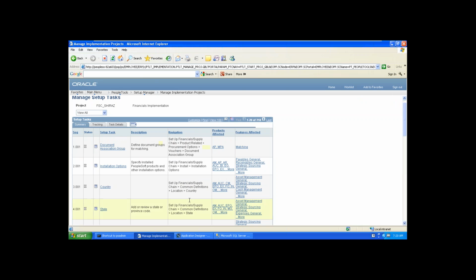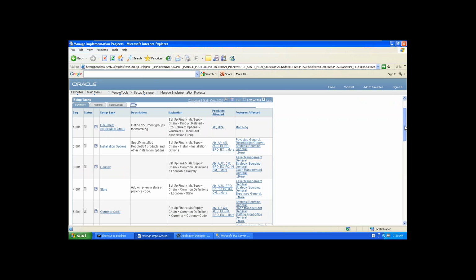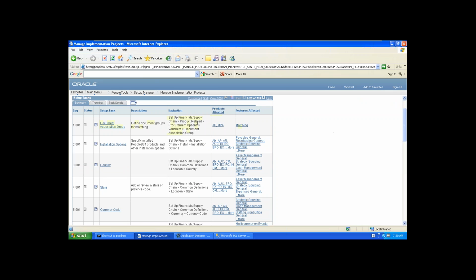If you observe the navigation, we can see three navigations. Set of financial supply chain, that is the common one, and next you can see install options, and next common definitions.